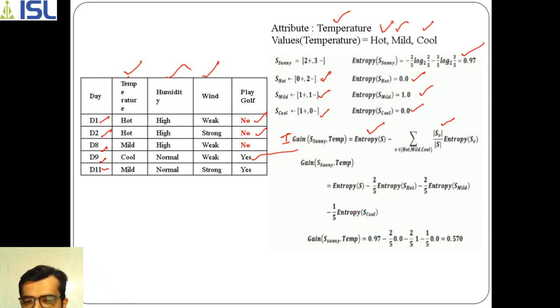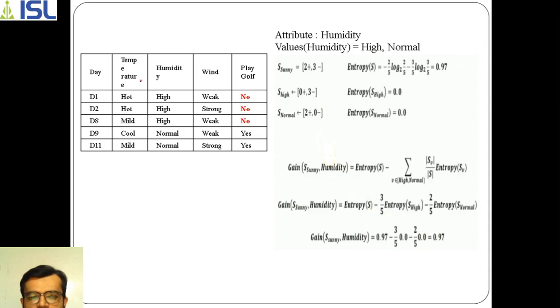So the information gain of temperature is calculated this way. Same thing we substitute here, 0.97, and all these values, and you will get 0.570. That is the information gain I got. Now similarly I need to perform for humidity. In humidity there are 2 values, high and normal. With respect to sunny 0.97, and for high there are 0 positives and 3 negatives, because all are negatives only here. So ultimately the entropy will be 0.